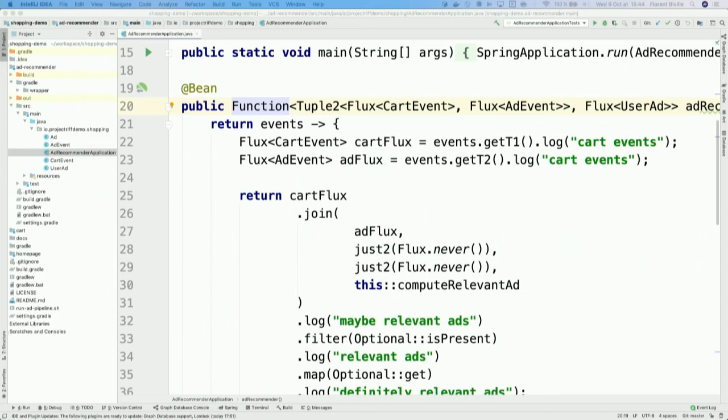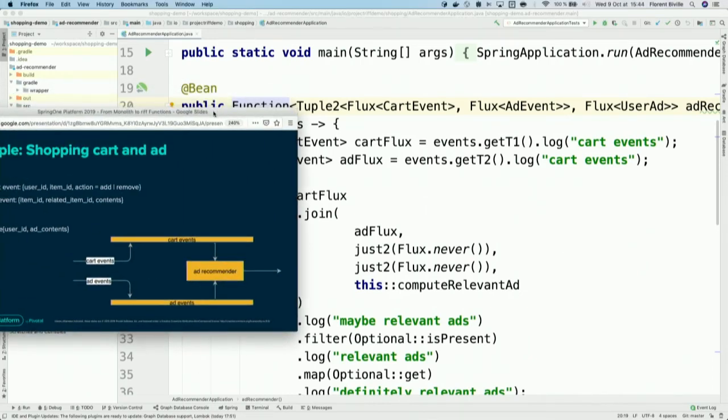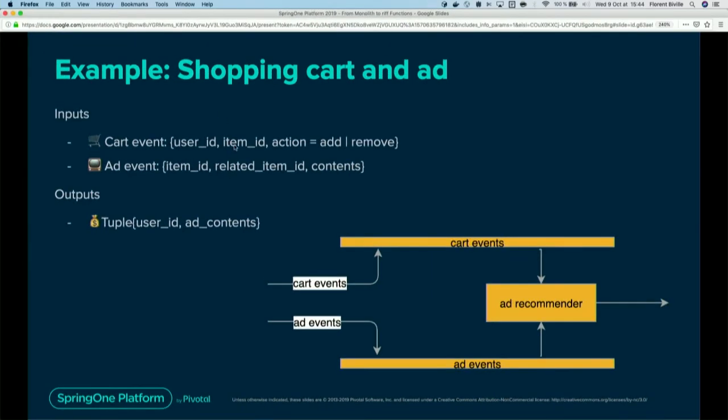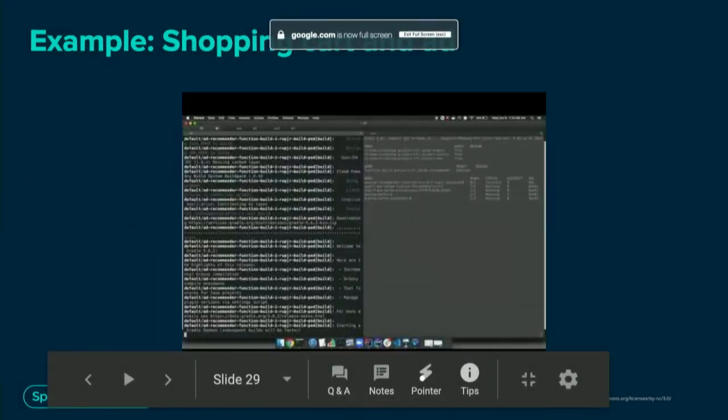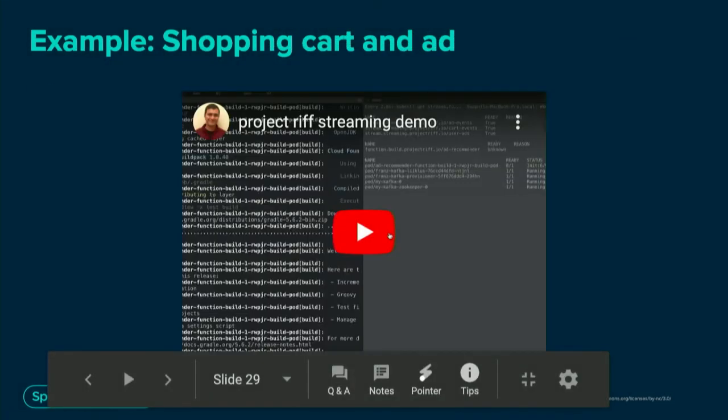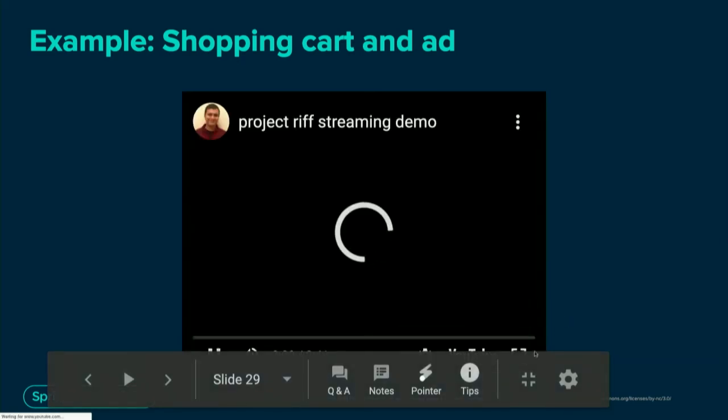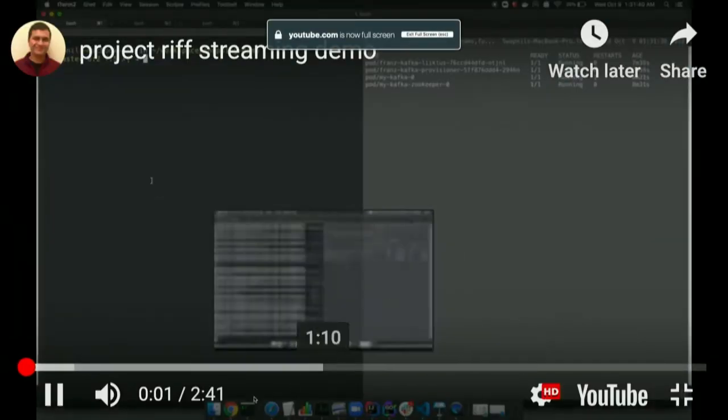Sorry about that. Even we have a demo fail with a screencast, so that's interesting. And here we go. So let's see what's going on.